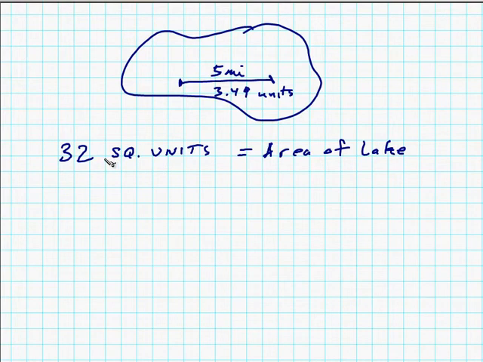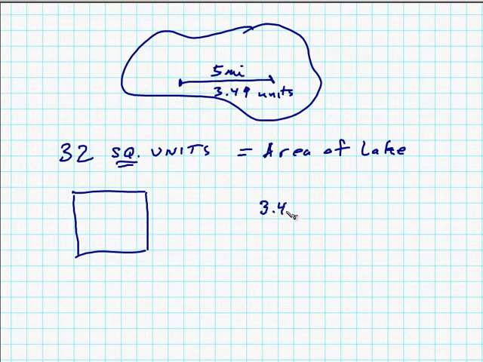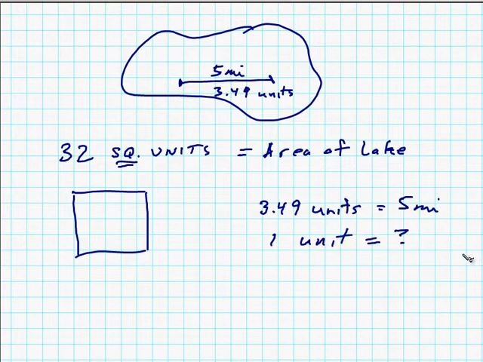All right, and so we want to say how many square miles is that. So here we have units and here we have miles. Okay, now these are square units, that's the other thing. So if you have a square unit like this, and you say 3.49 units is equal to 5 miles, you want to know how much is 1 unit. Okay, so if 3.49 units is 5 miles,